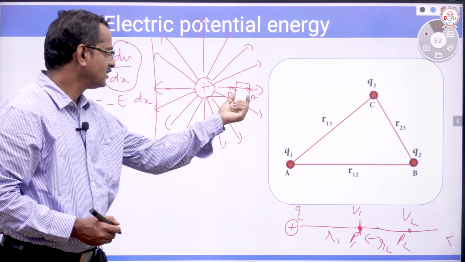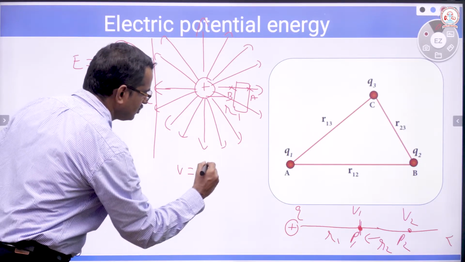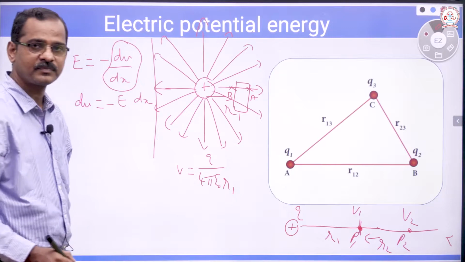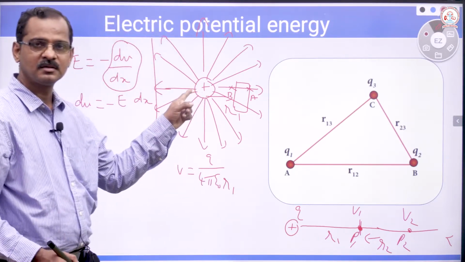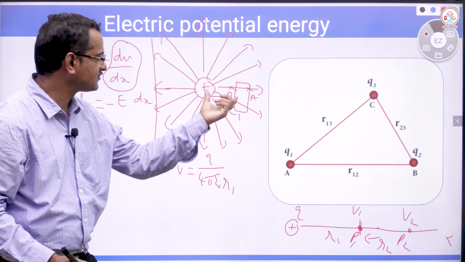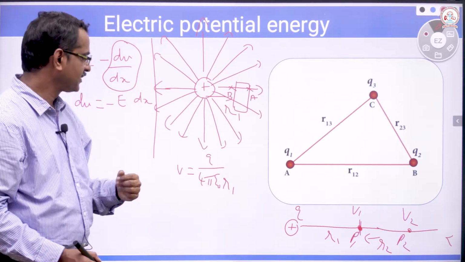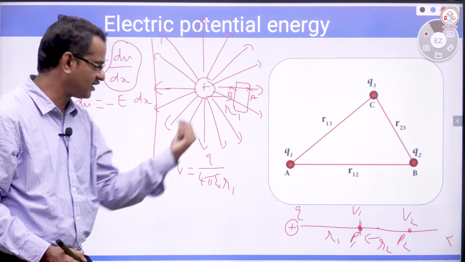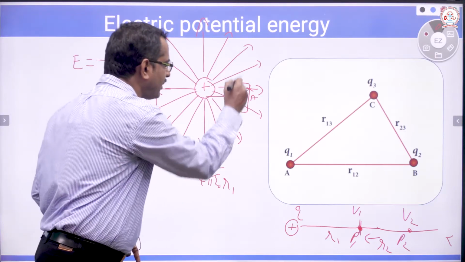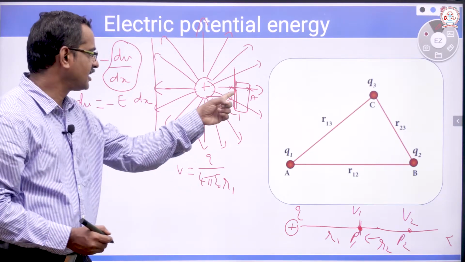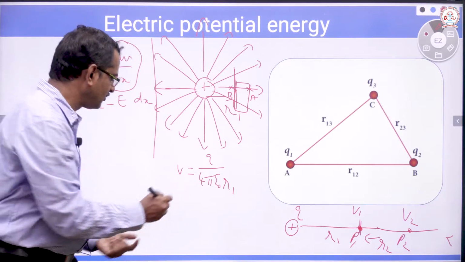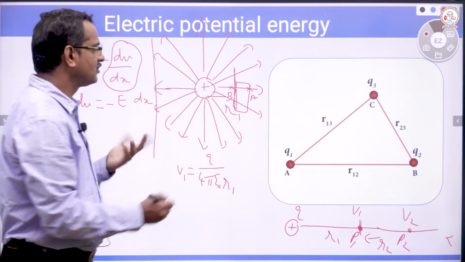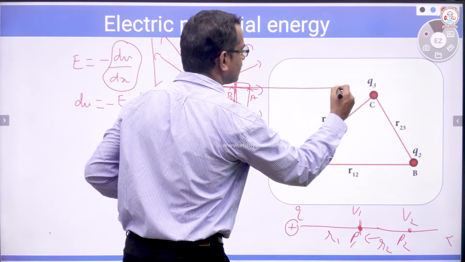Then electric potential we have got, isn't it? V equal to Q divided by 4 pi epsilon naught R1. Imagine a charge is here, and we are moving a charge from A to B. For that, work done can be calculated. The potential difference between the 2 points can be calculated. Or if the charge is moved to the point B, the electric potential at the point can be calculated. That is V1 equal to Q1 divided by 4 pi epsilon naught R. Q is the charge here. Now imagine the point somewhere here.